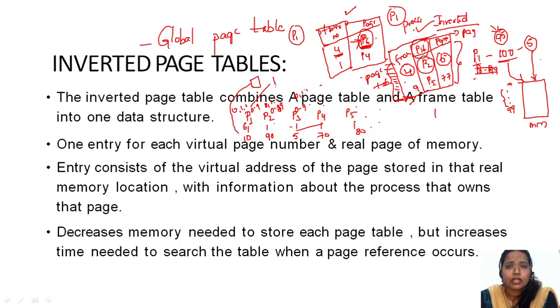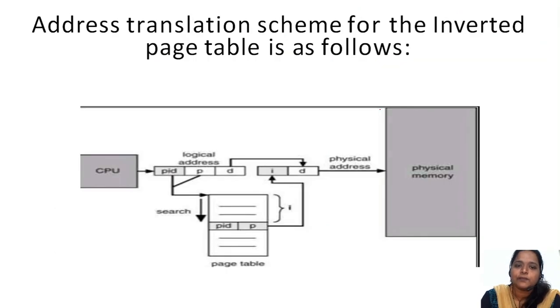Fine. So inverted page table is simple. It is a global page table. Instead of storing only the page number and the frame number, it will also store which process, which page, onto which frame. But the drawback of it is the searching is going to be difficult. For P2 process's 6th page, it has to search through P1, then P2, in a sequential order. We can't jump over it. So that is the drawback you will find in the inverted page table.